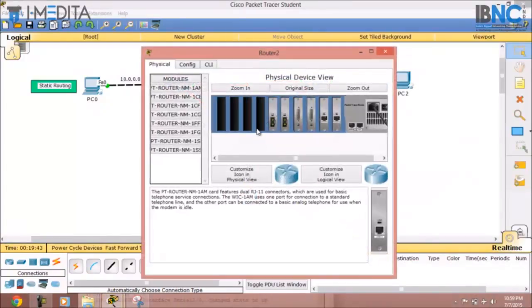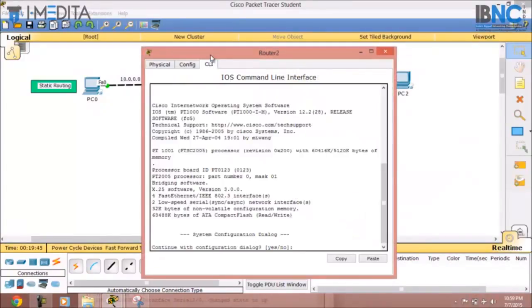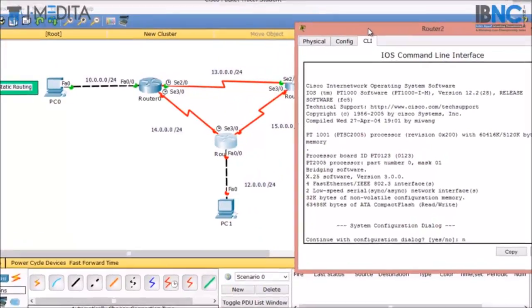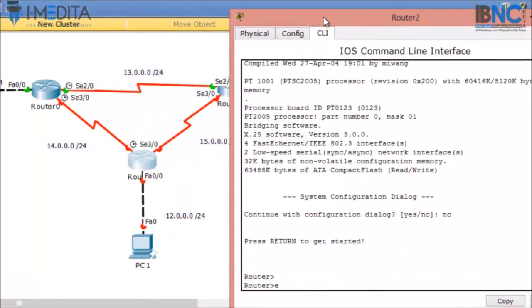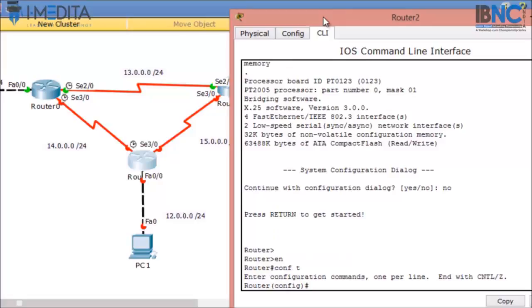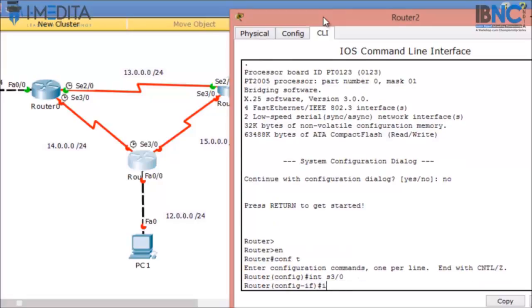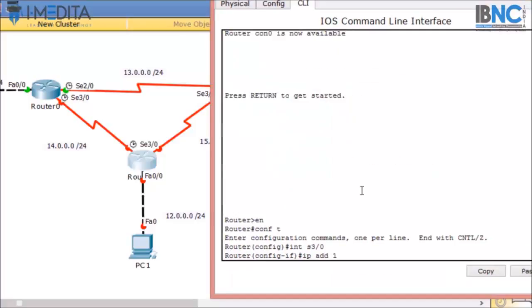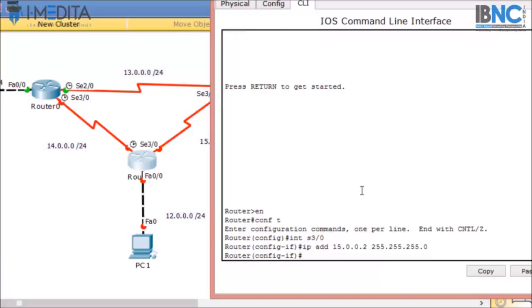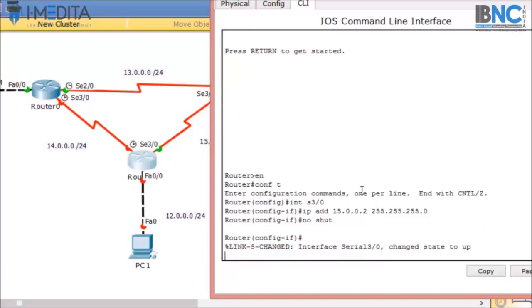We will click on the third router and we will go to the CLI mode and now enable, config terminal, interface serial 3/0, IP address 15.0.0.2 with the subnet mask, no shut, and hit enter.